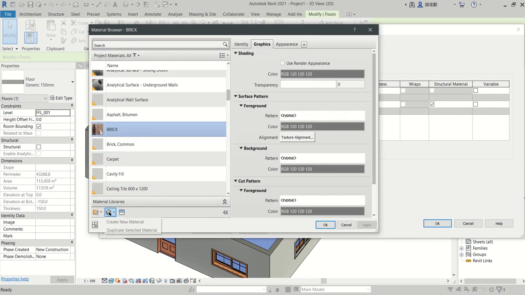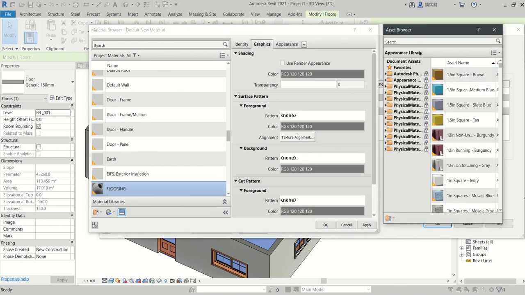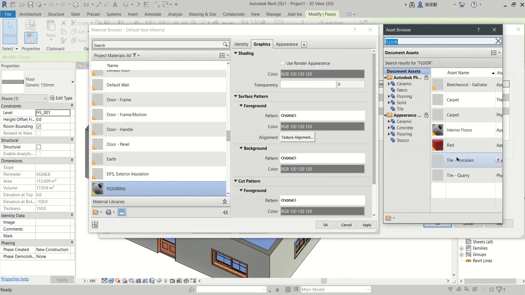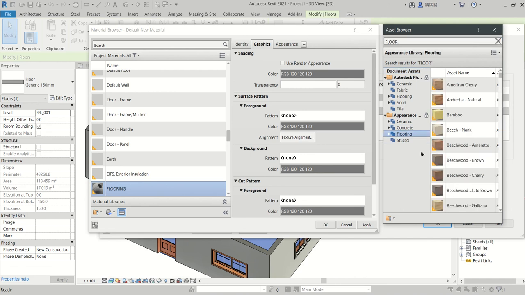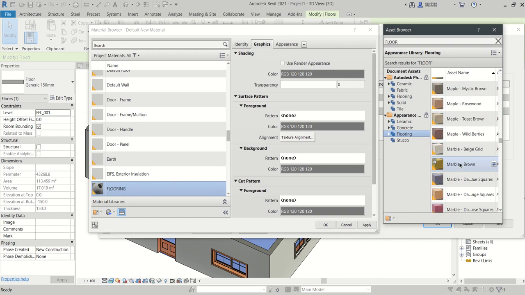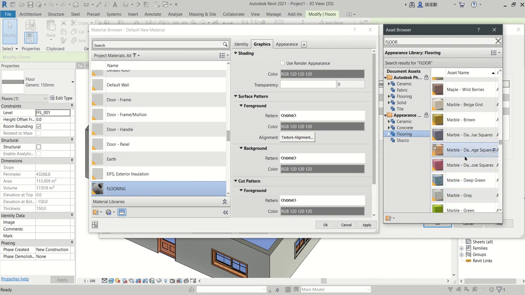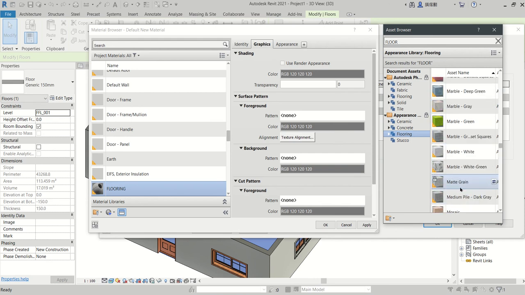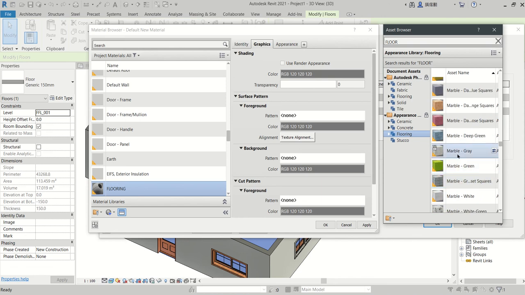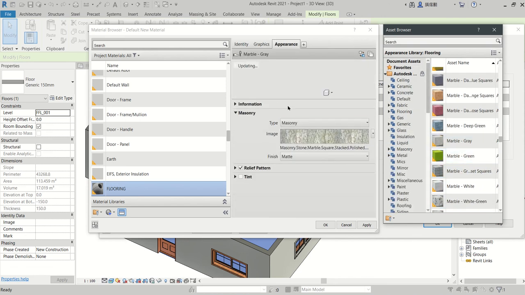Here, as we have done for the previous one, let us create the new material. Right click on this, rename as flooring. I choose this asset browser and I decide how my floor should be. I select the floor. You can see different kinds of floor: marble flooring, concrete flooring. You can see wooden flooring, carpets, marble flooring. So I choose the marble one. The marble flooring, marble gray. You can see how it appears